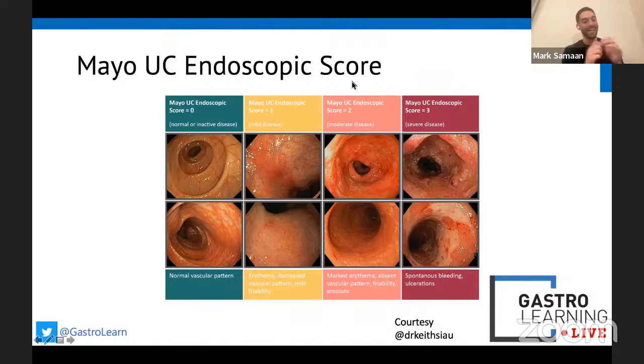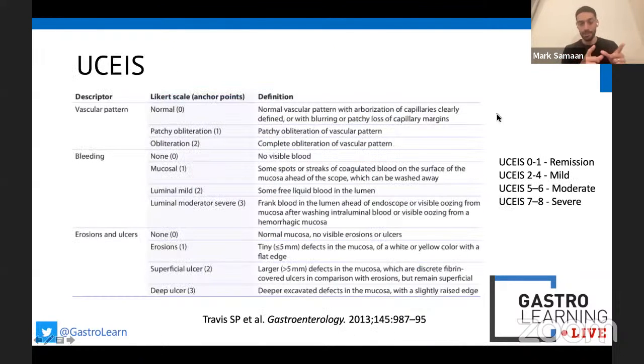Right, and what I said was it's kind of good enough, but I think we can do better than this. And Simon Travis and his colleagues in Oxford put together a score, back in 2011, 2012, that was derived using modern methods for score derivation and validated in a prospective way, and actually has more stratifications. So rather than running 0 to 3, the UC-EIS, which we're just about to see, runs 0 to 8. And so you can imagine more stratification gives you more granularity of detail in terms of understanding